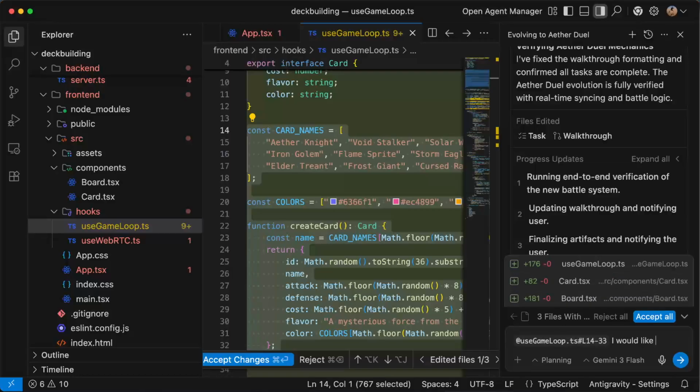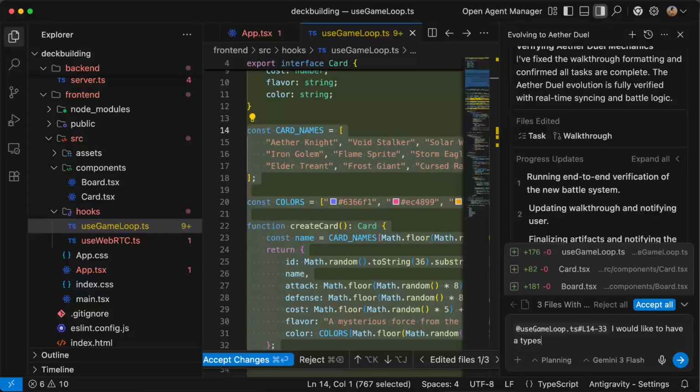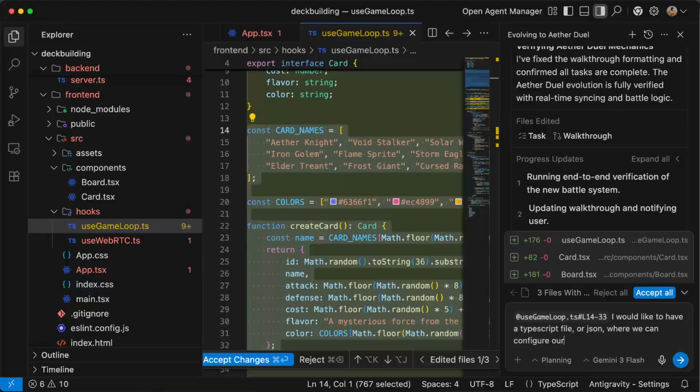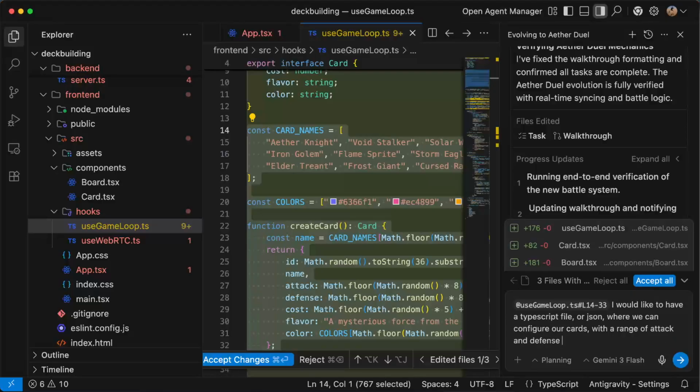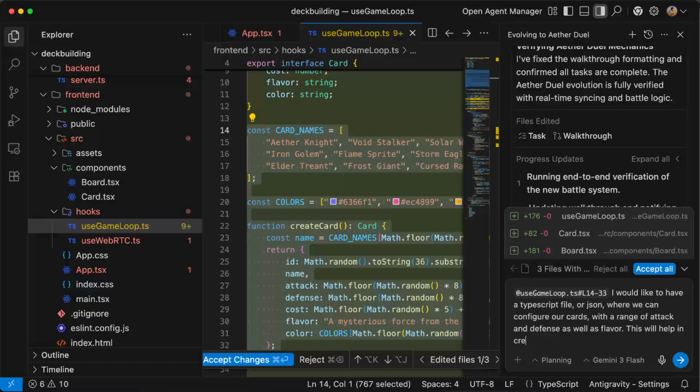I would like to have a TypeScript file or JSON where we can configure our cards with a range of attack and defense, as well as flavor.